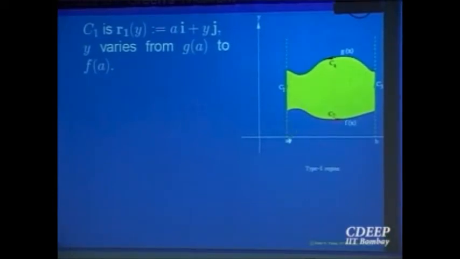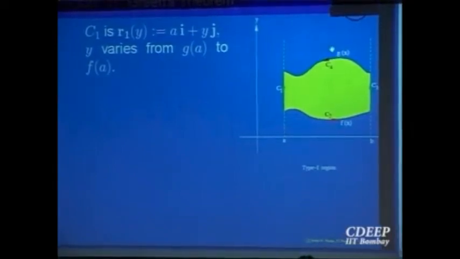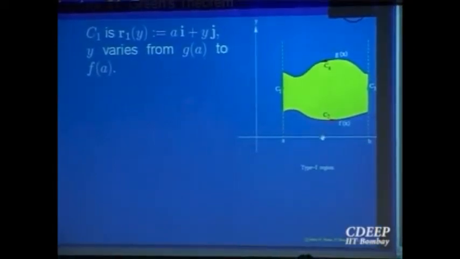So x between a and b, and at any point x between a and b, if you move vertically it starts with f(x) and goes up to g(x), right? So we want to give anti-clockwise orientation. So C1 will have downward orientation, C2 will have, this will have right side going up and then going left. So that will be the anti-clockwise orientation on the boundary of the curve C, right? So what we are going to do? We are going to calculate that line integral P dx plus Q dy with this orientation, and similarly we will calculate the double integral and show that the left hand side is equal to the right hand side, right?